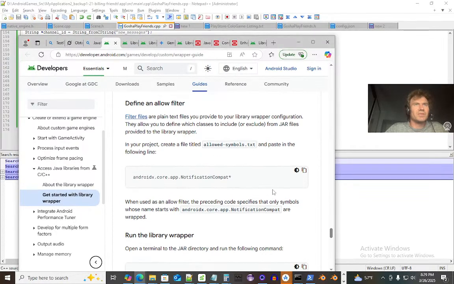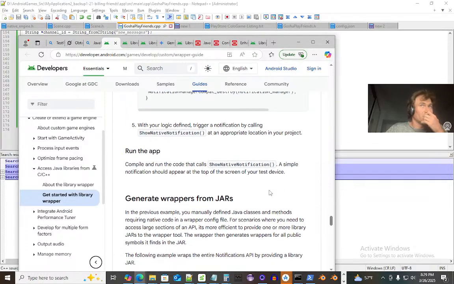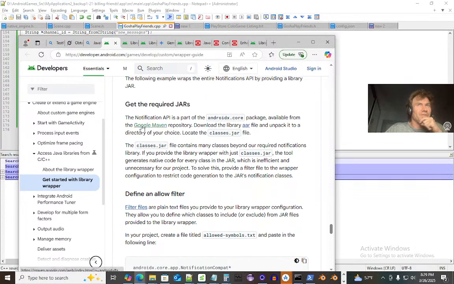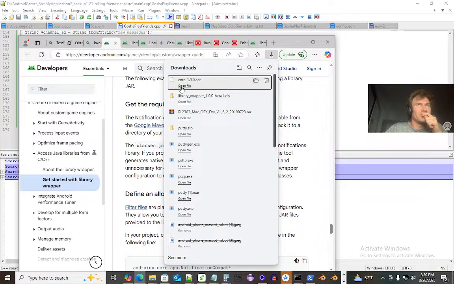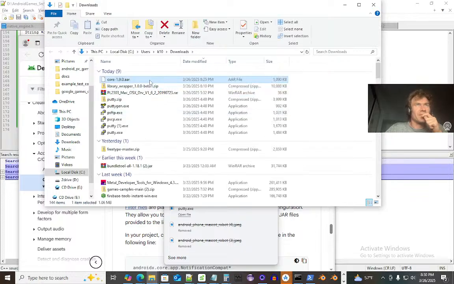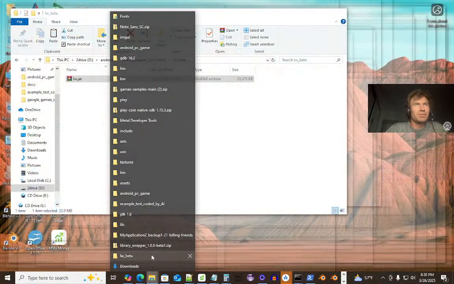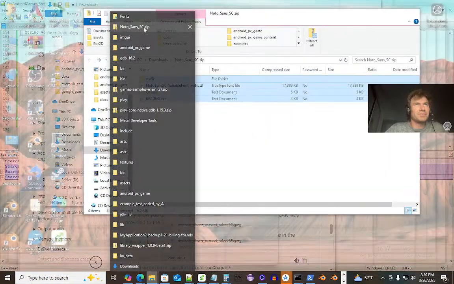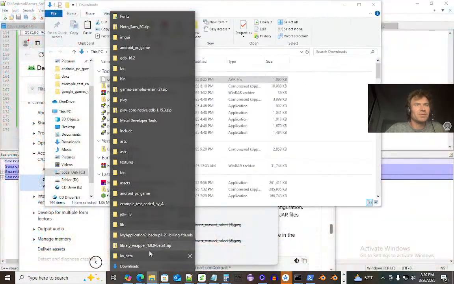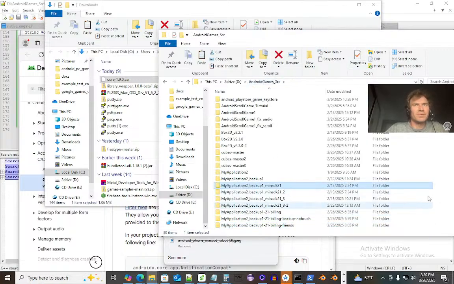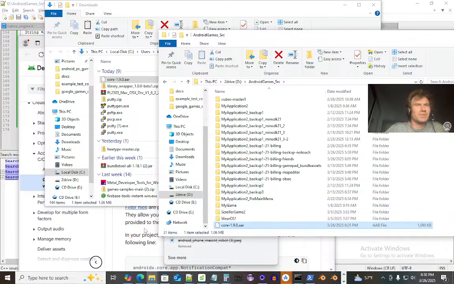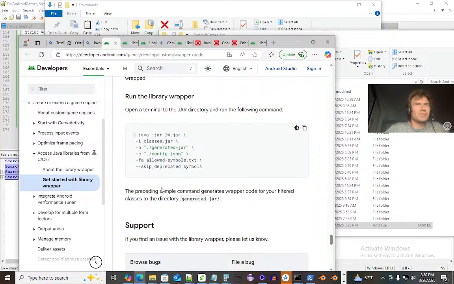Alright, let's first say I did the notification somehow. Then I would have to go and get the required jar files. And I downloaded the AAR library, core, which is essentially the system API, kind of exposed stuff you're allowed to use. That's what it's making me think. Put this in here. And then